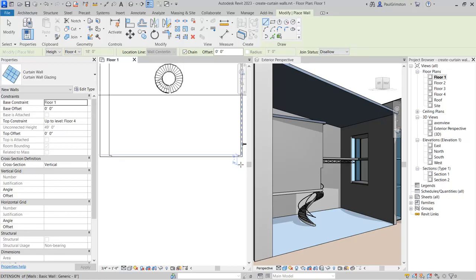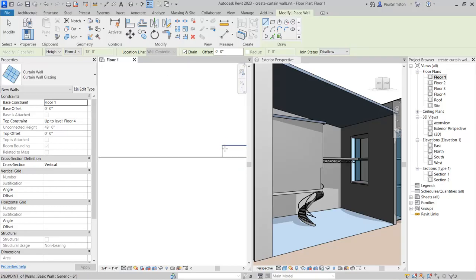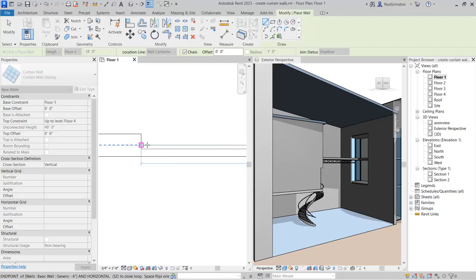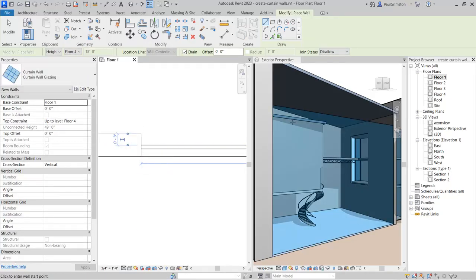So in the floor plan view, we'll just zoom into this end of the wall here and we'll click on the end of this wall. And then panning across to the other side, we can snap to the end of the opposite wall. And having done that, we can see that we've created a curtain wall, and it's visible in both the plan view and 3D view. However, it's just one very large panel of glass,